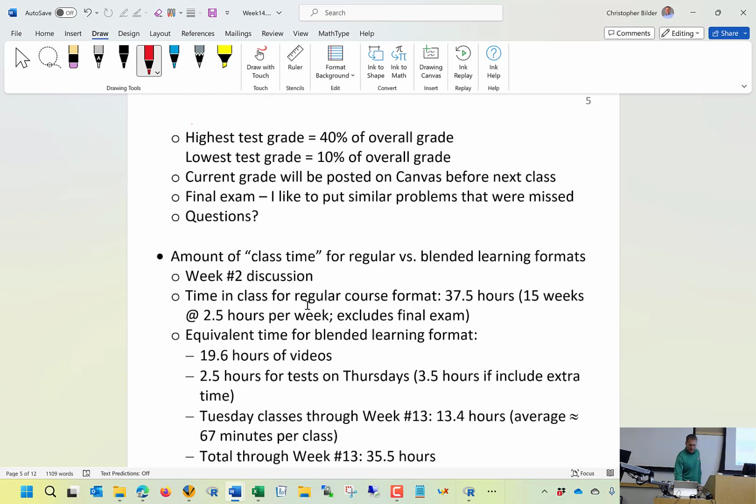Now, as a reminder about how final grades are calculated. So we have 2 tests in this course. I'm not talking about the final exam. I'm just talking about the 2 tests during the normal part of the semester. The highest test grade that you got is 40% of your grade. The lowest test grade is just 10%. So you can think about now about where you stand in this class. To help you out as well,